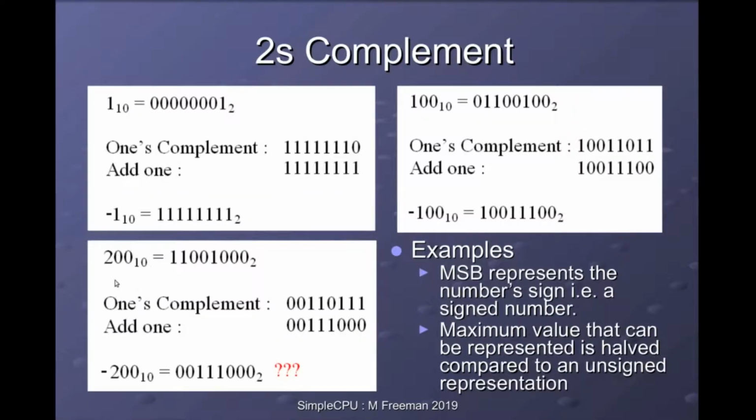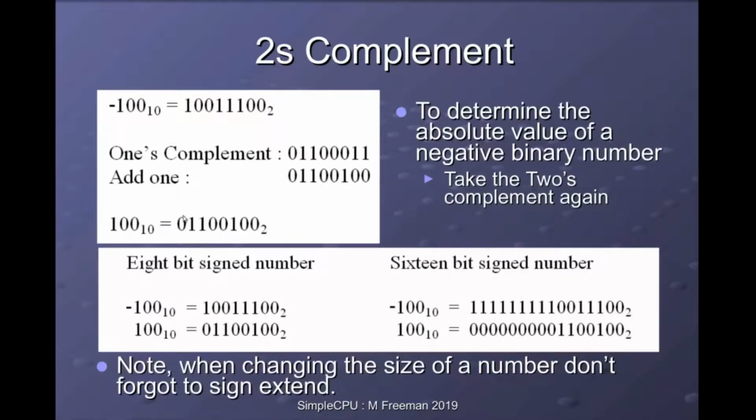So in this example here, where I want to represent the value 200, I can't convert that to -200 because I need to use that 8th bit, bit 7, to represent 128 when I do that conversion into binary. So if I try and convert that into -200, I'll get the wrong result because that most significant digit is not free to be used as a sign bit. In those situations, you have to add extra digits. You have to extend that number to a 9-bit representation rather than an 8-bit representation. To go the opposite direction, from -100 to +100, again, just invert the bits and add 1, and it's